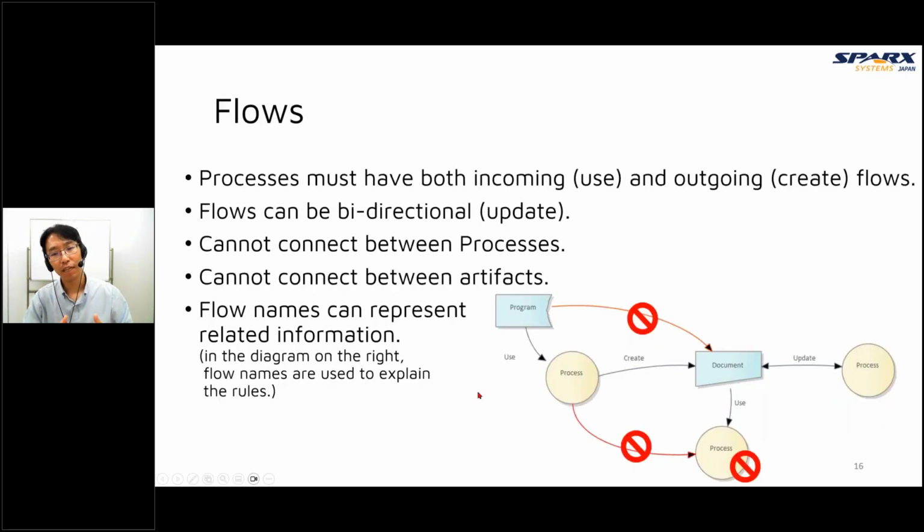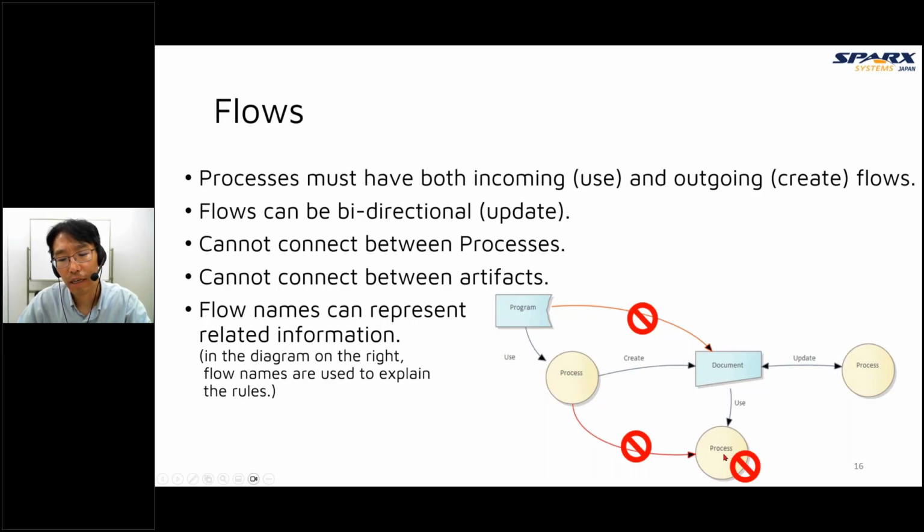And we can connect these artifacts and processes by flows. A process must have both incoming and outgoing flow, at least one incoming and at least one outgoing. For example, this process has one incoming flow and one outgoing flow.